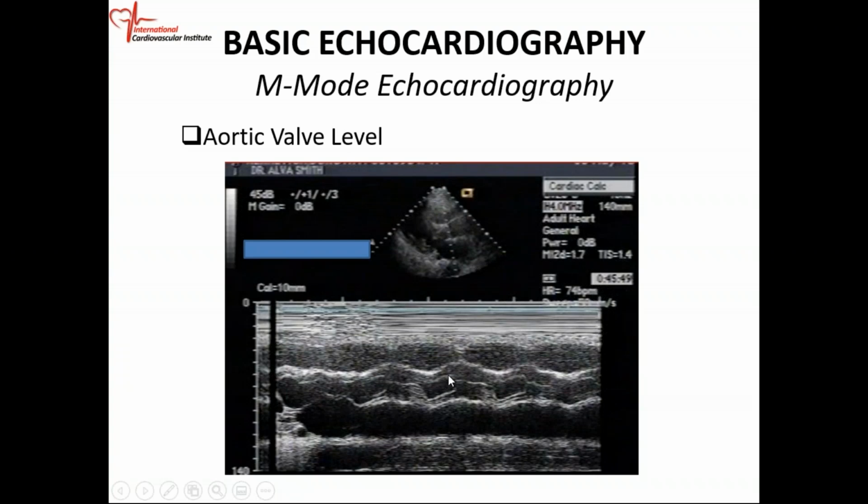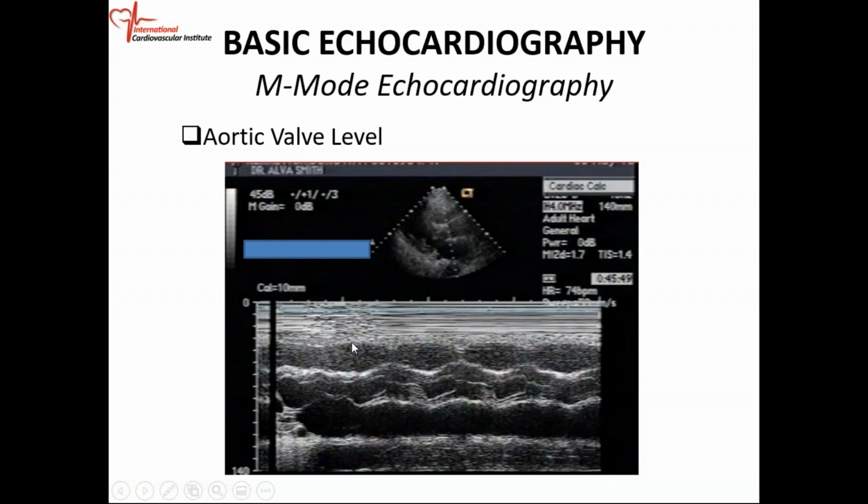The aortic valve is supposed to be thin and not thickened, so you can see it's supposed to open fairly well. You can see that this aortic valve opens fairly well. Okay, so it opens in systole and it closes in diastole. This is the other portion of the aortic wall, and it's supposed to be fairly thin as well. Then you have the left atrial cavity down here.